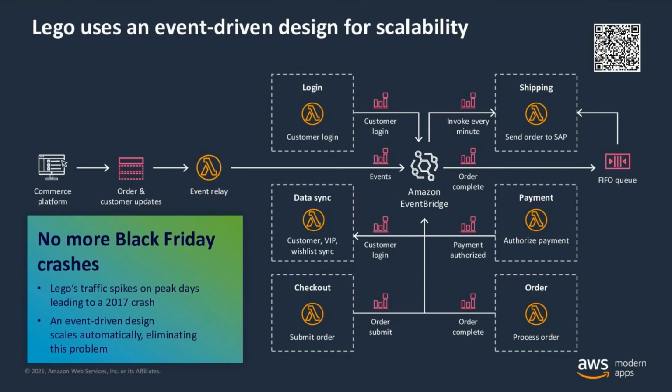The architecture you see on this slide is a new hub and spoke design that makes it much simpler to operate events rather than using point to point connections. We talked earlier about how integrations are essential in leveraging Lambda. Here you can see how Lego uses EventBridge to act as a central event hub for Lambda functions. We have these QR codes on some of the slides that you can use to learn more about these case studies. And thanks again, Todd, for clearly articulating the thought process behind Lego's modernization journey.